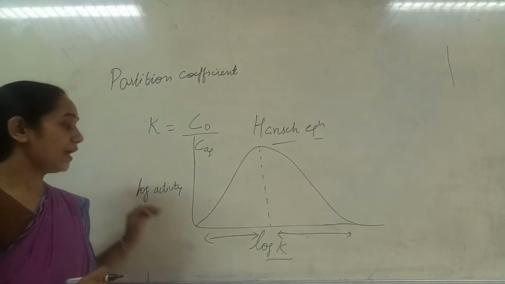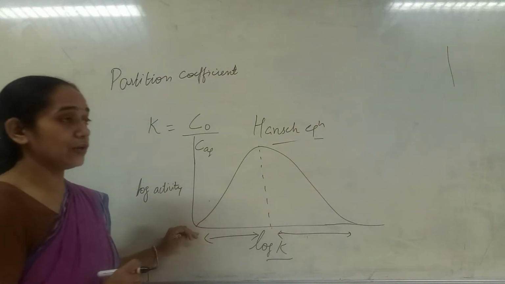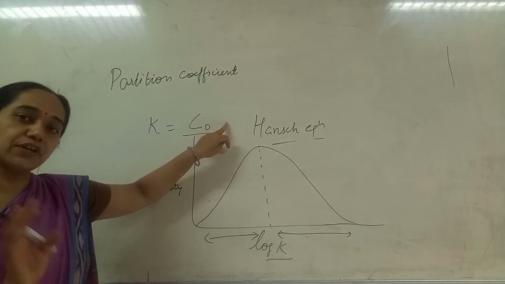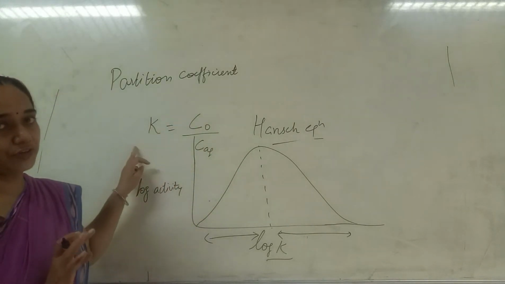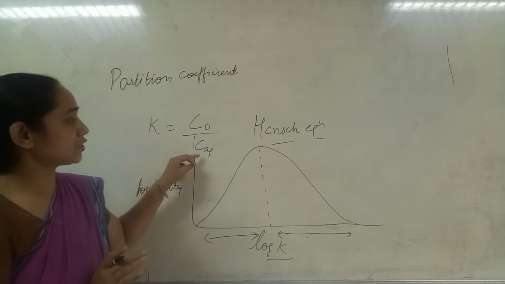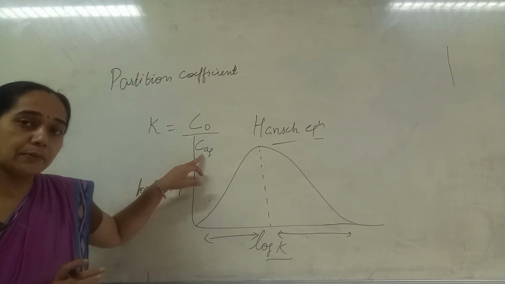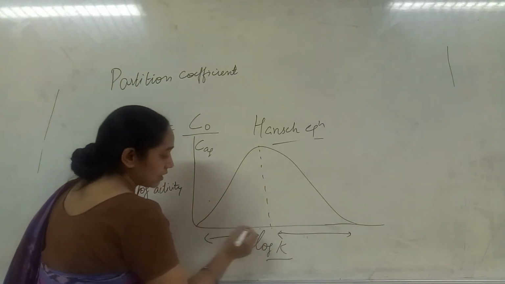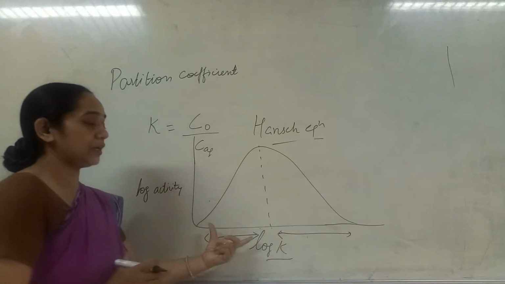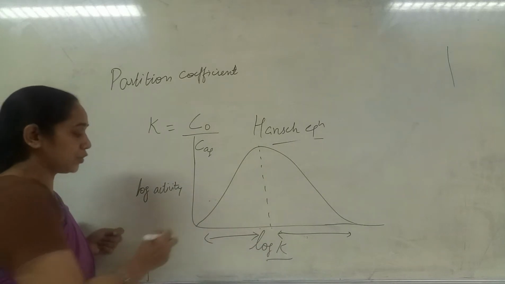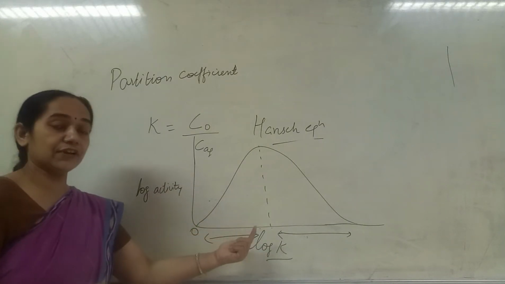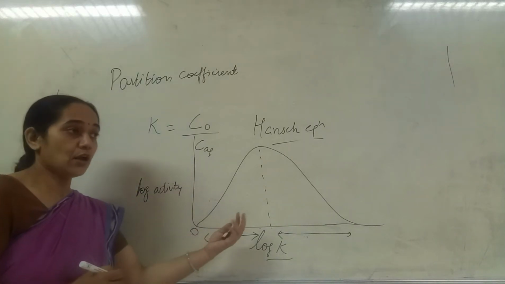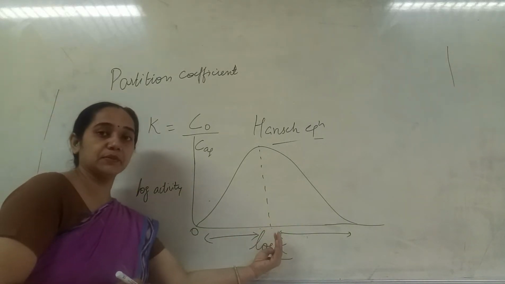For example, if the concentration of drug in the oil phase is more, then the value of K will be bigger. If the concentration of drug in the aqueous phase is more, then the value of K will be less. This area represents solubility as we come towards the zero. It is the zero point, and as it comes towards zero, it means the drug is becoming more hydrophilic, and here there is a balance.